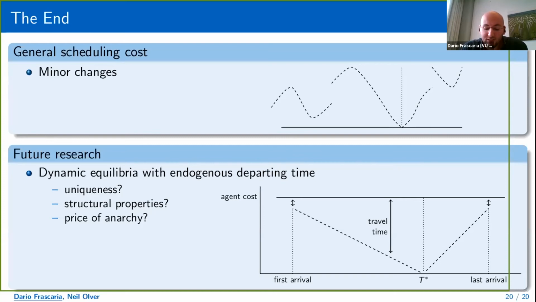We think that this might be interesting because in the setting where the flow is released at a constant rate, the first agent encounters no queue, so has a very small cost, while the last agent that is released encounters a lot of congestion, and there's usually a huge cost, and this is very unfair.